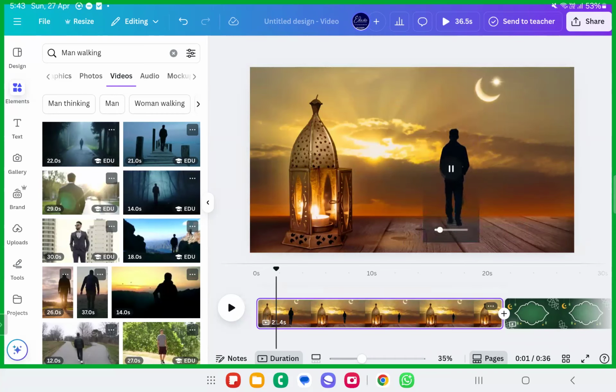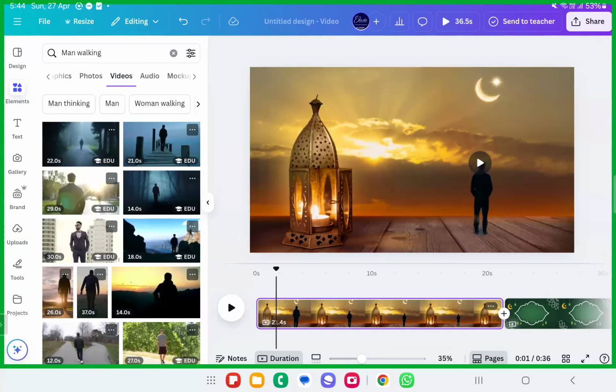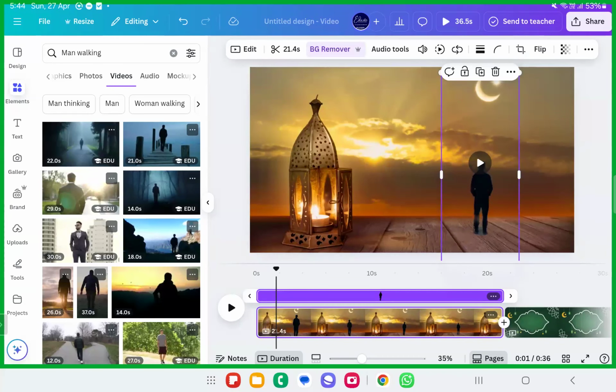So see here, what can be done, right? Are you just stunned with this? Yes or no? You can add a video on a video. You can add a photo on a video. You can add a video on a photo, right? You can remove the background of a video, the entire background. You can edit it further. Again, you click on the background remover and you can edit it further. Fine. So I'll just delete it. This is how you can add a photo on a video.